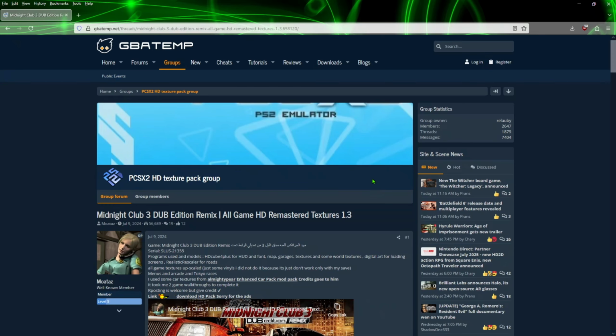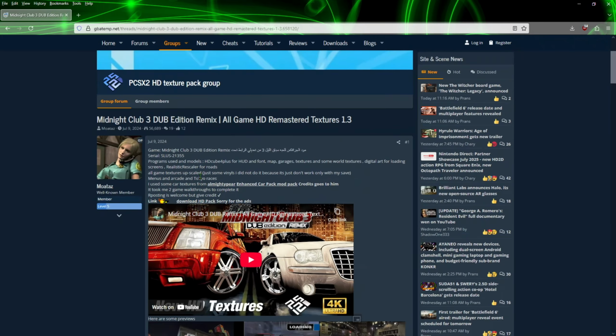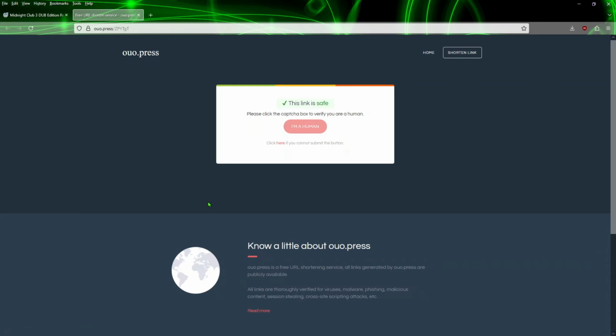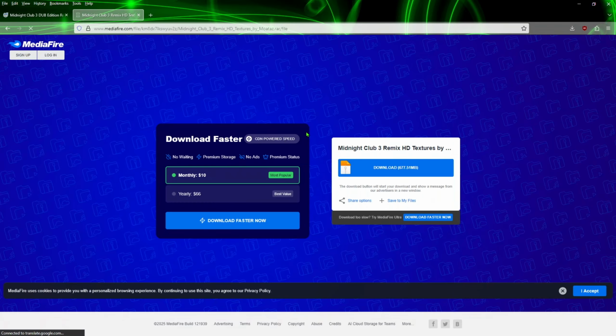We're going to download a file from this website which contains the HD pack. So what you want to do is click on this spot right here. You can get a little bit more details on here if you want, but this spot right here is the place for the download. So go ahead and click that. What we're going to do is go through this. Hopefully you have an ad blocker so you don't get anything popping up besides this. Just go ahead and click on get link, and then you'll be able to click on this spot right here and download that file. Once you have that file, extract that somewhere on your hard drive,